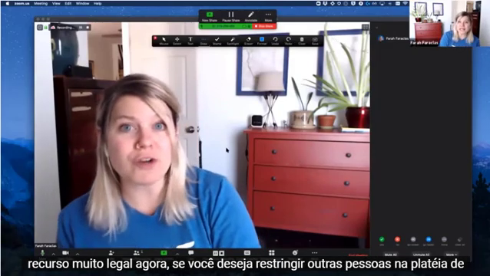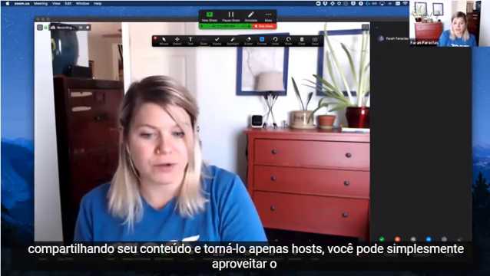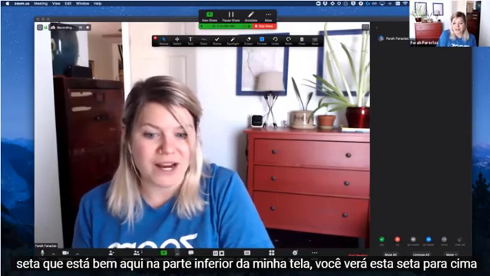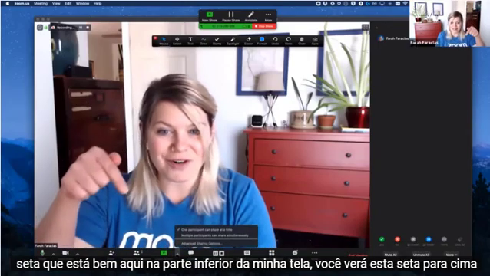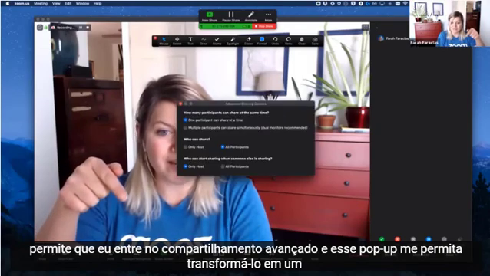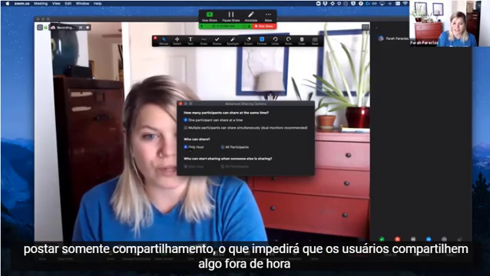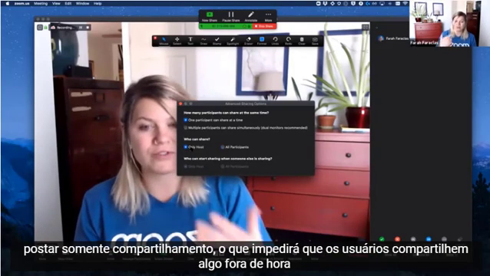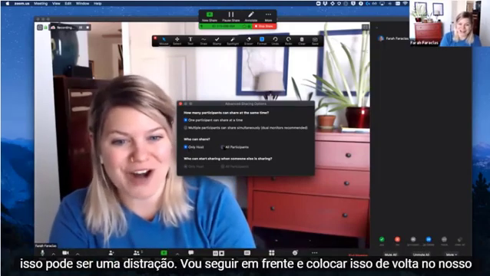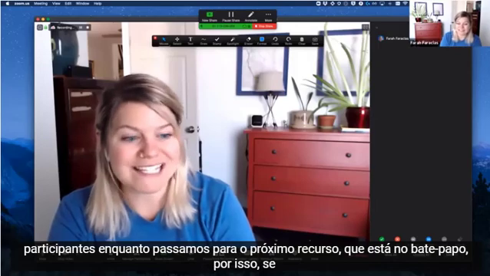Now, if you want to restrict others in the audience from sharing their content and make it host only, you can simply leverage the up arrow, which is right here at the bottom of my screen. You'll see this up arrow lets me go into advanced sharing, and this pop-up will allow me to make it a host only share. So this will restrict users from sharing anything out of turn that might be distracting. I'm going to go ahead and put this back onto all participants while we move to the next feature,